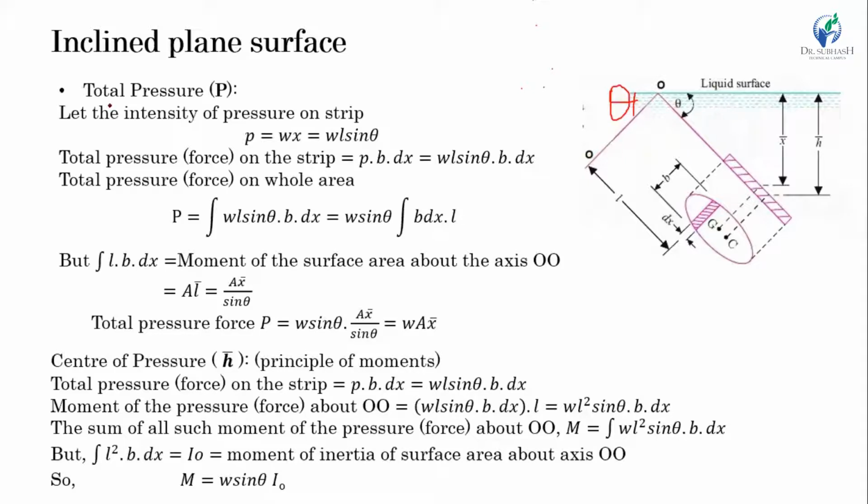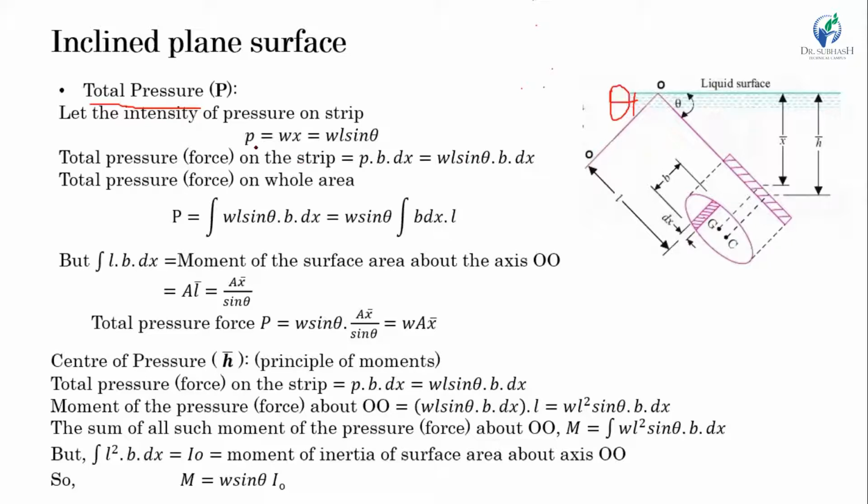So let's start. First, we will find the total pressure force acting on a strip. Again, let's consider a small strip having an inclined distance dx, not a vertical distance, at an angle theta with the free surface of liquid and width b, which is L distance away from the surface OO, the surface we have taken for reference. And let's consider the intensity of pressure on this strip is P, or simply a small p.